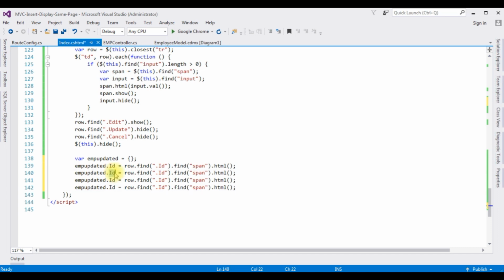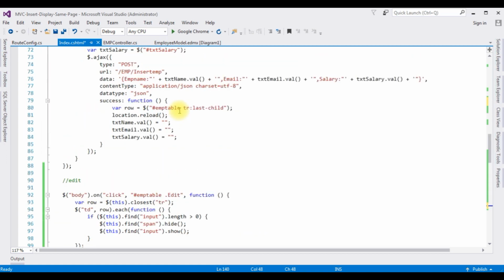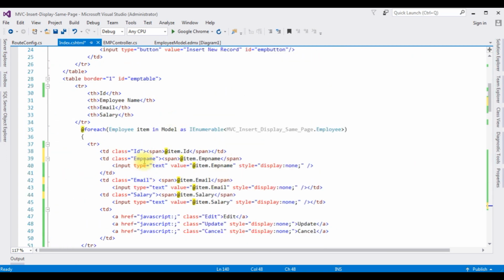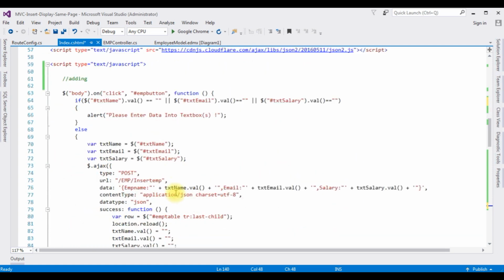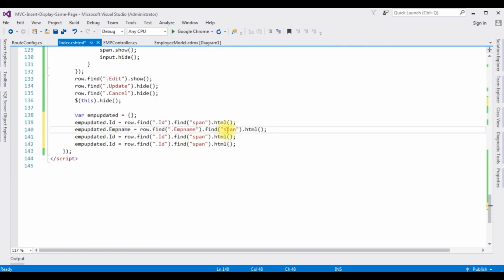And the second one is the employee name, second column name. The td class name is the emp name, which is this one. We have just added the class name emp name for the employee name. The next one is the email, the class name email, salary. Let's add here the salary. After that,